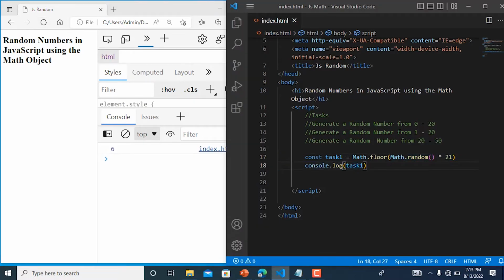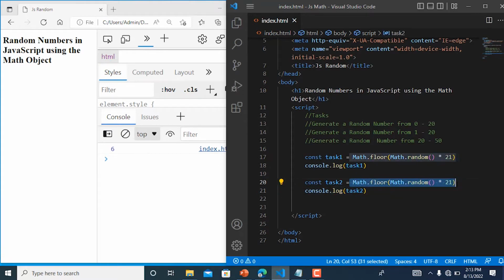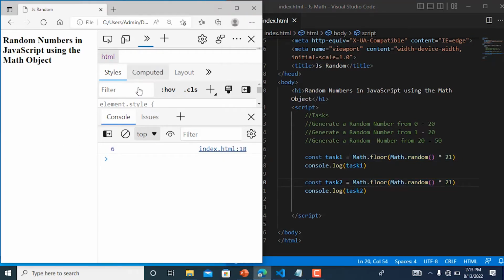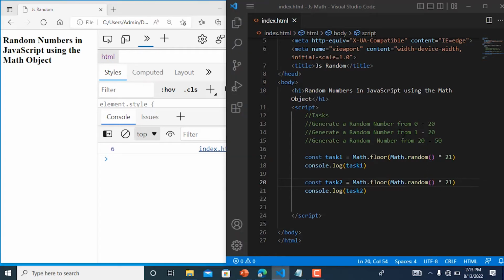So the next task is to generate a random number from 1 to 20. I'm just going to duplicate this so that it will make it easier. And I'll change the variable to task2 and change this to task2. Over here, it's practically the same logic, but we need to do something. When we refreshed using the first task, we saw 0, but now the second task is to generate a random number from 1 to 20. So how do we go about it? We can simply